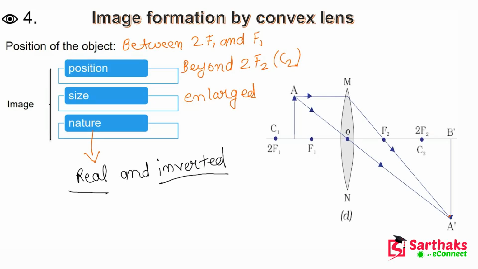Here you can see the object is upright, but the image is just inverted. This A goes here and this B goes here. So that's why the image is inverted. Now let's move on to the next slide,